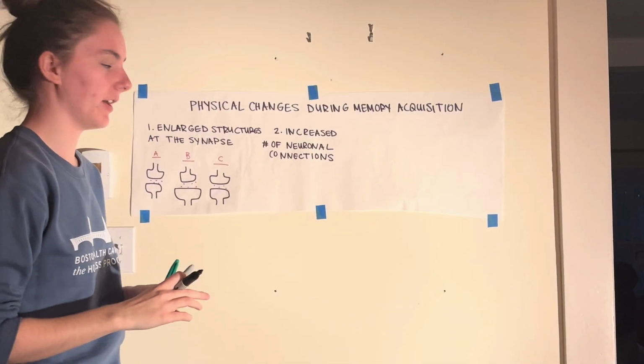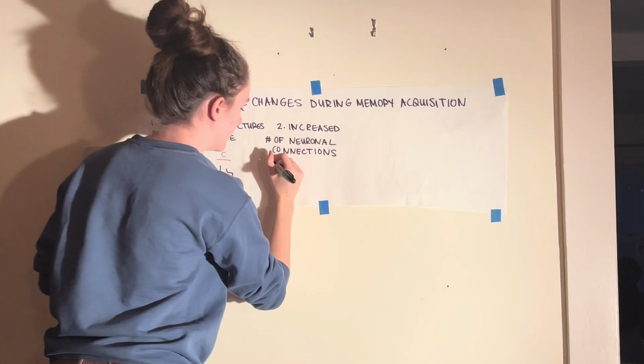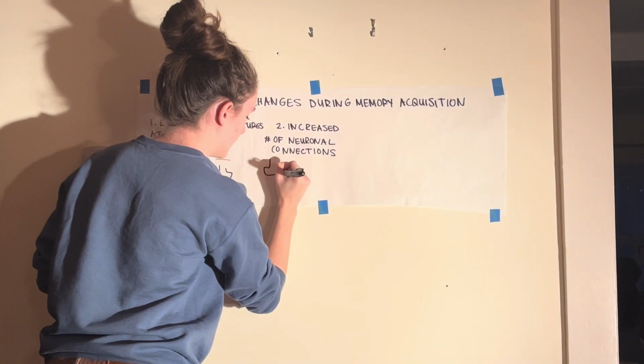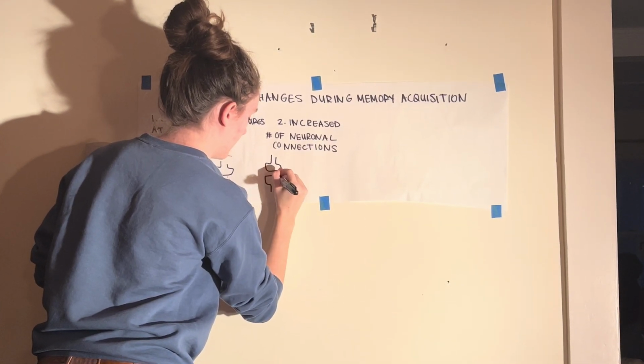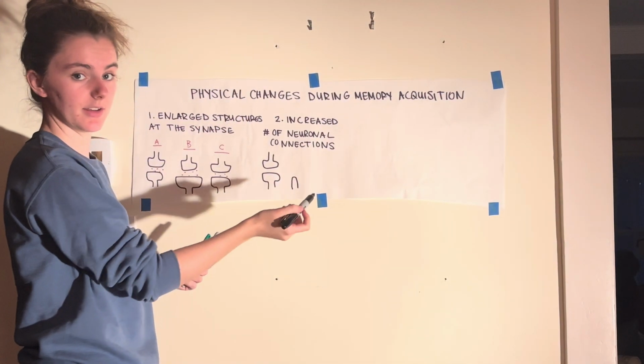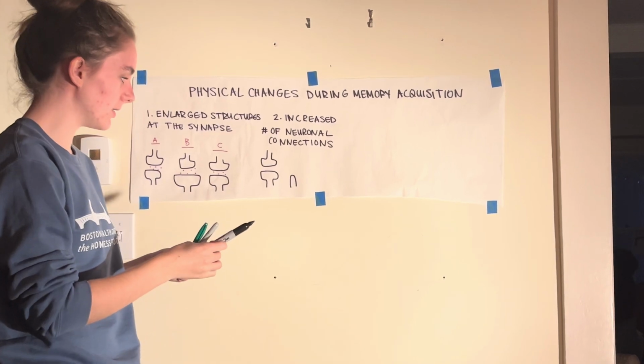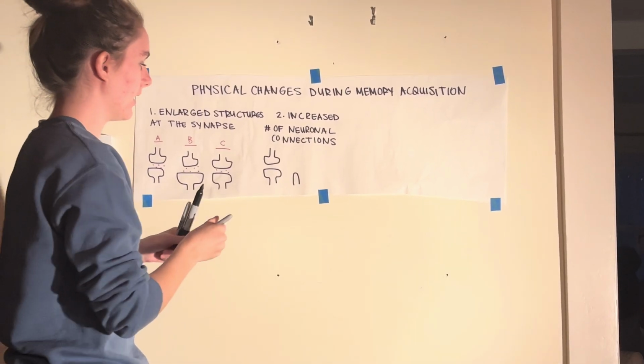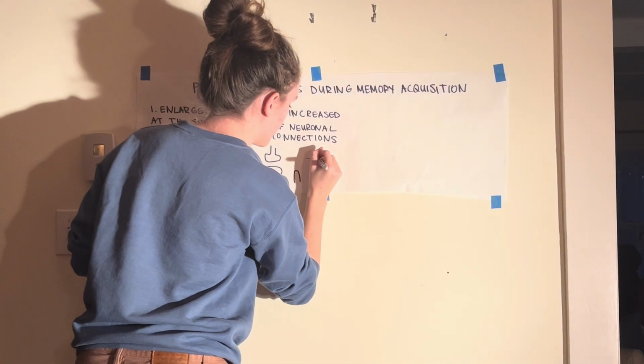So before we are learning something, the situation might look something like this. So we have a connection here, and then we have a dendrite here that's not involved in a connection with another axon terminal. But after we are learning something, or while we're learning something,